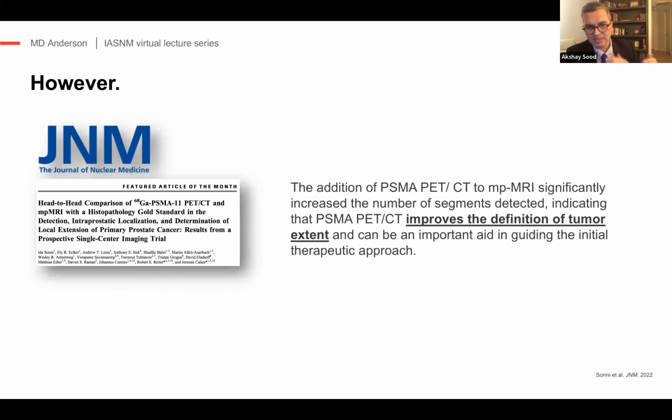And as you know, different segments: apex, base, mid, and anterior, posterior. So we always divide the prostate like that. So it does improve that, and that can have